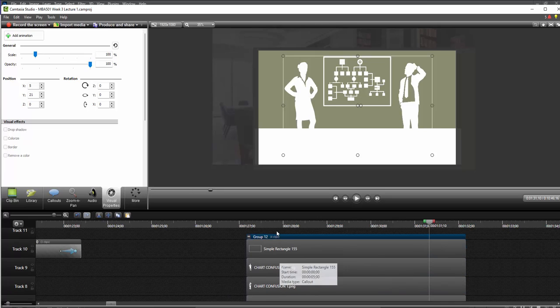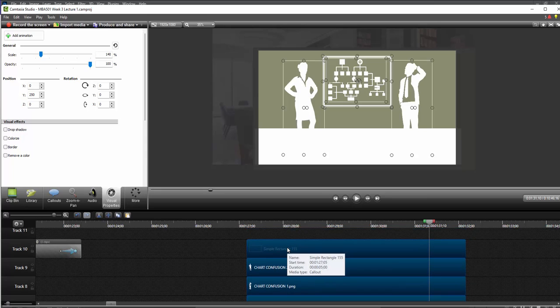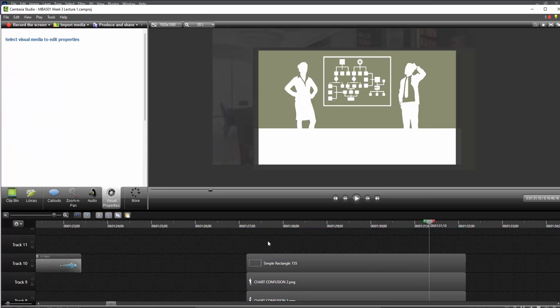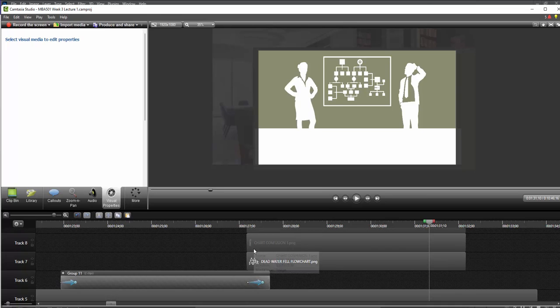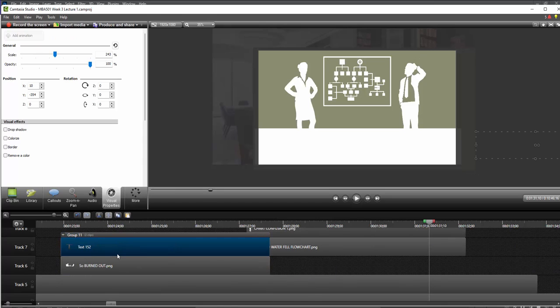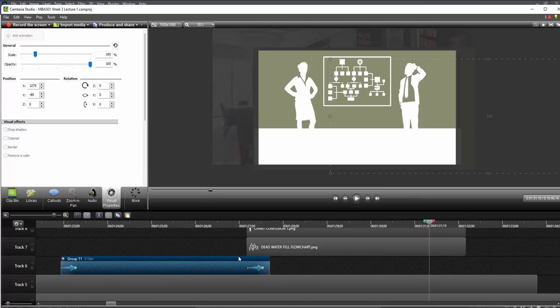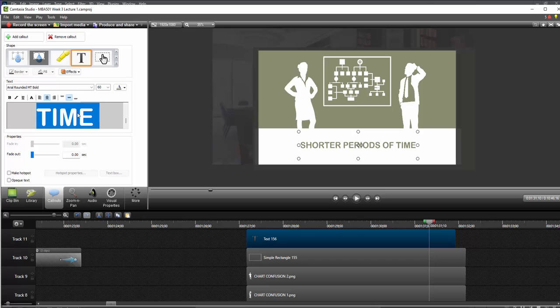Yeah. Ungroup you. And grab the text. Steal it from the previous one, maybe. Or did we start it? No, we'll come over here to this group. Copy it. Close the group. Paste it over here. And then